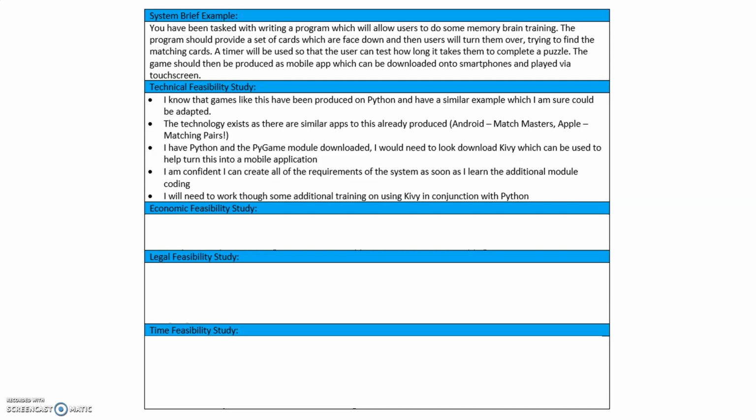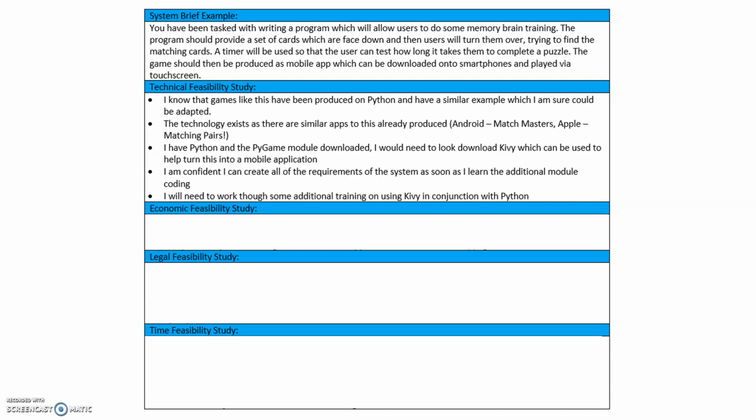The technology exists because I went onto the Android Play Store and the Apple App Store and found two similar games, Match Masters and Matching Pairs, so I know that the capabilities are there to be able to do it. I have Python and Pygame downloaded. I've done a little research on the internet and worked out that if I download something called Kivy, it can be used to help turn any Python and Pygame created programs into a mobile application